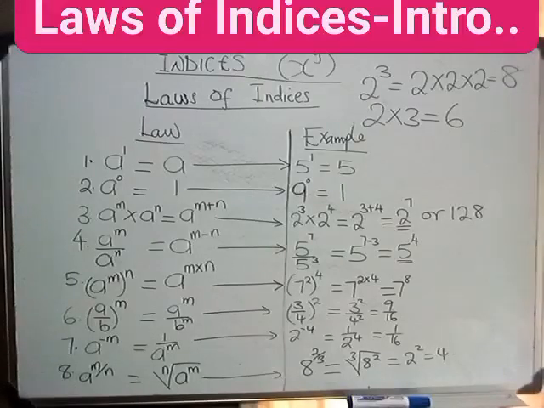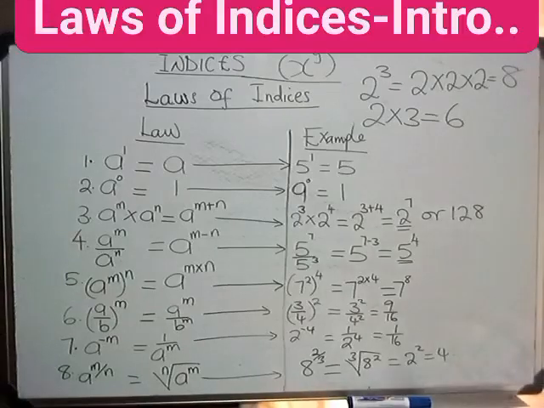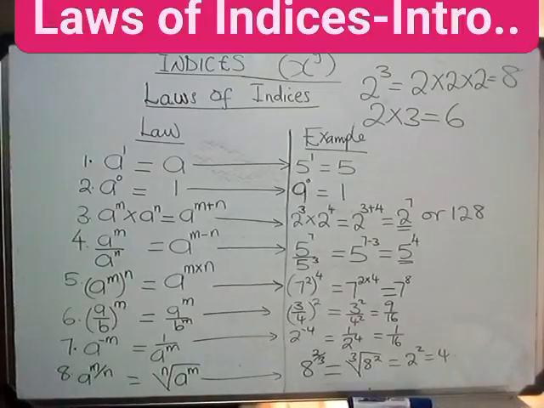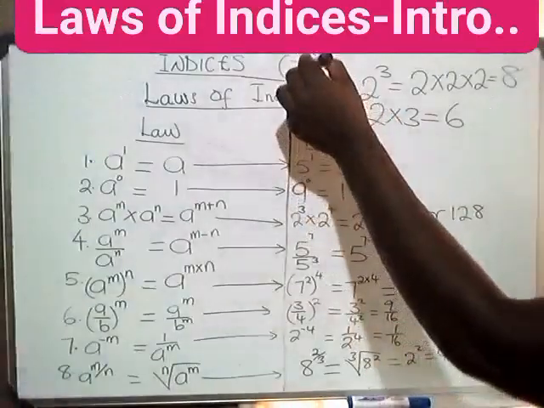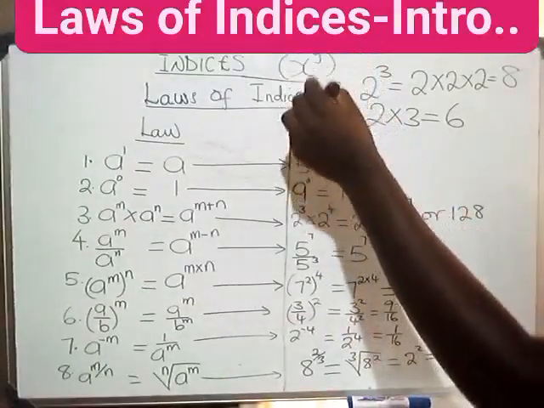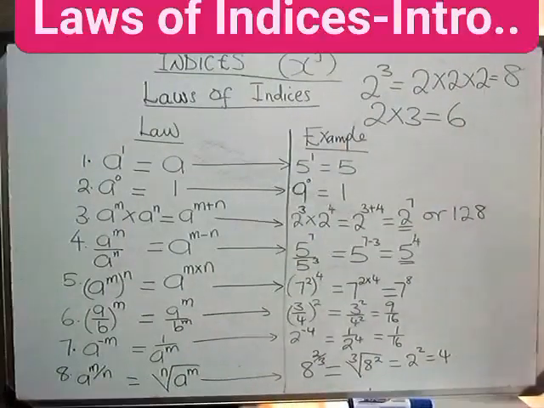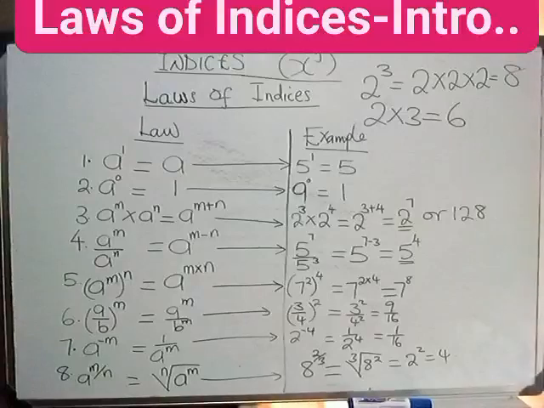Then we have another law which says that when you are multiplying two terms or two expressions which have got the same base but different index. What is an index? An index is a number on top of another number. For example, we have x and y. The y is an index, the x is the base. So in this case a is the base and m is the index, and also n is the index. So when the bases are the same, you keep one base